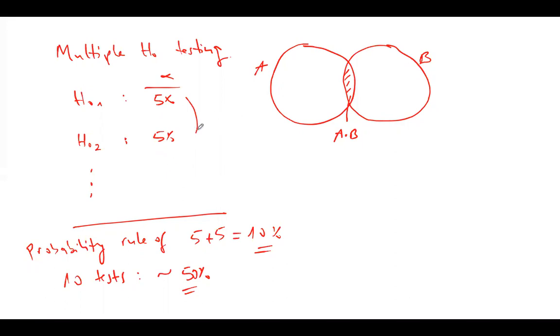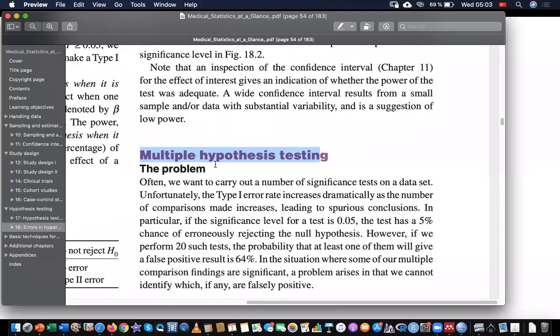So if you order multiple tests in a patient, if you order hemoglobin, hematocrit, then blood sodium, blood potassium, blood glucose, and so on, if you order 10 tests, it means at least one of them will probably be a false positive or false negative. Therefore, this multiple hypothesis testing rule applies also to your clinical practice when you become a medical doctor.